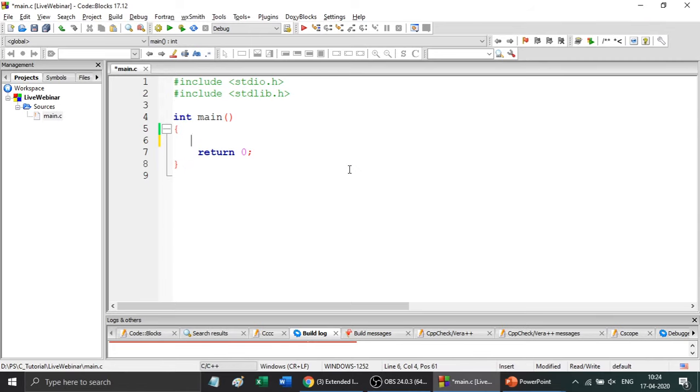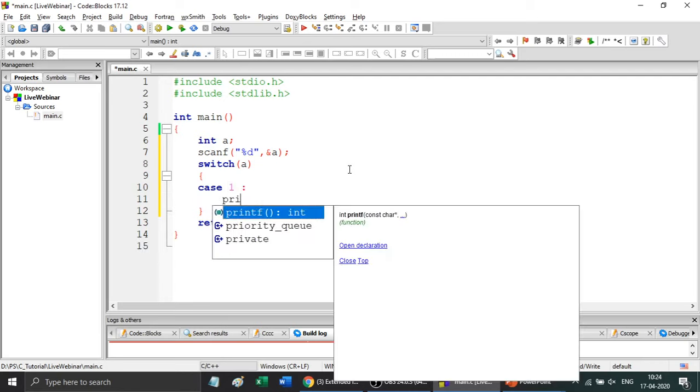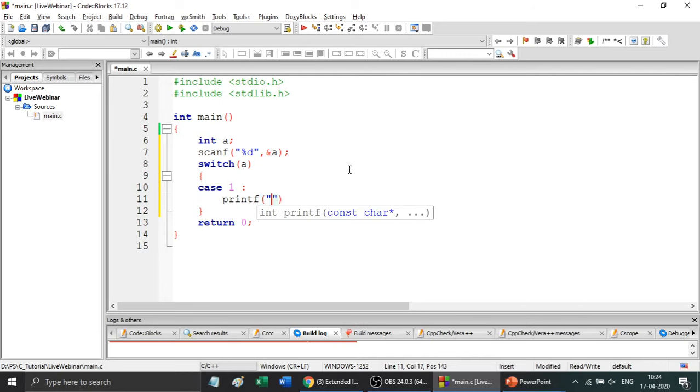So here I am declaring a variable a, just some value, 5 maybe. Let's get the input from the user. Switch a, case 1, I'm printing 1 here. I'm not putting any break.